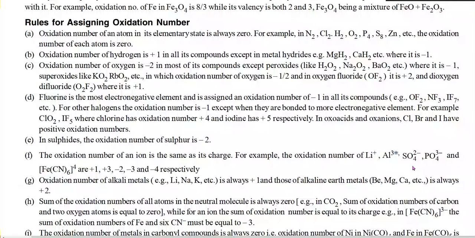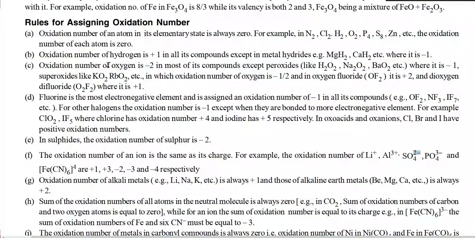Similarly, in the case of H2SO4, this is the sulfate ion which you obtain from H2SO4. If you remove H2, the oxidation number of the SO4 group, that is the sulfate group, is equal to -2. So if you remove all the atoms except the one for which you are going to calculate the oxidation number, then the charge which appears is called oxidation number.